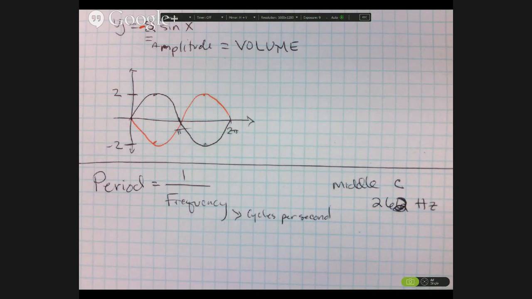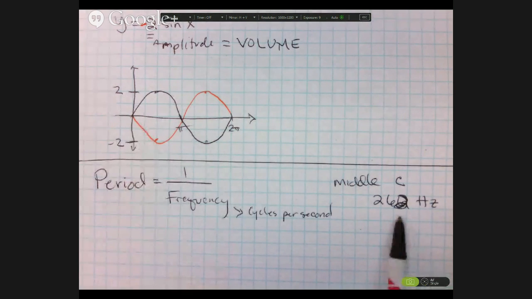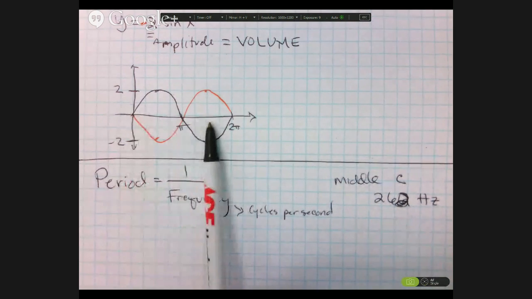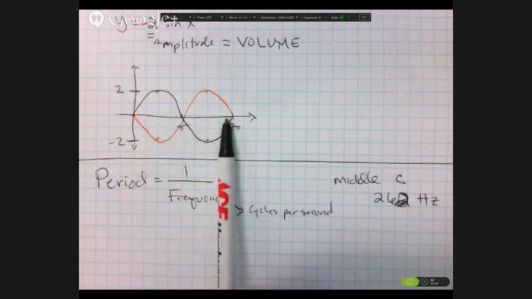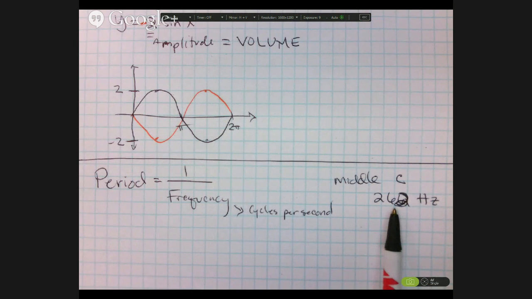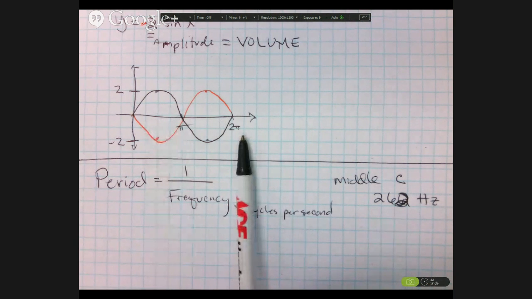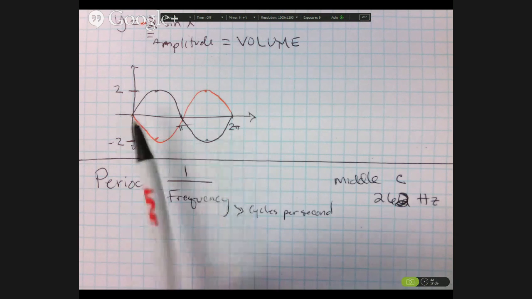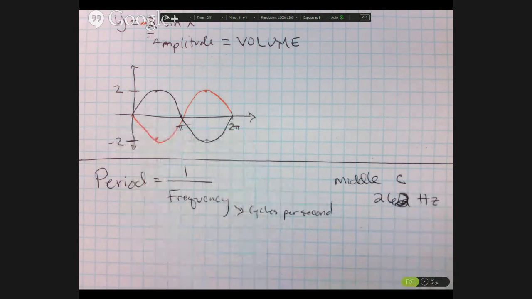So 262 of these right here are passing your eardrum every second with a middle C. Okay, because the speed of sound is pretty high. 1 full cycle, you have 262 of those passing your eardrum every second on a middle C. No, that's the amplitude. I'm just talking frequency. So the period, I'll talk about period here in a sec, but